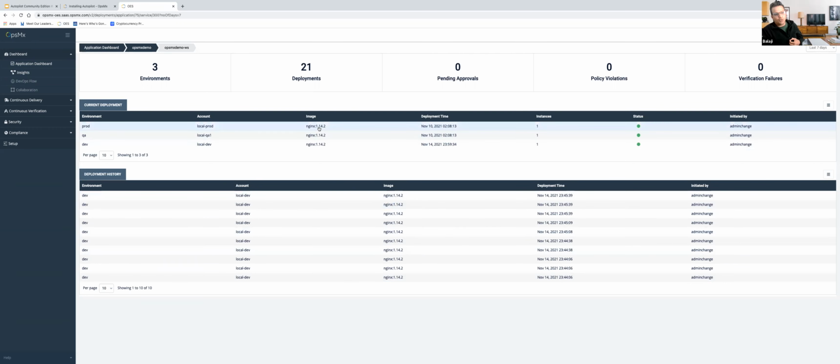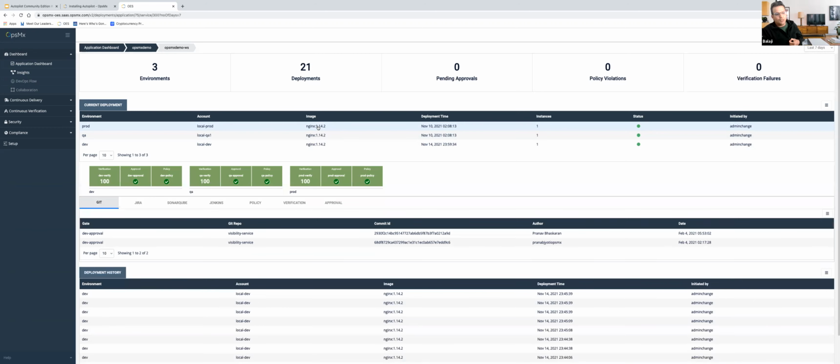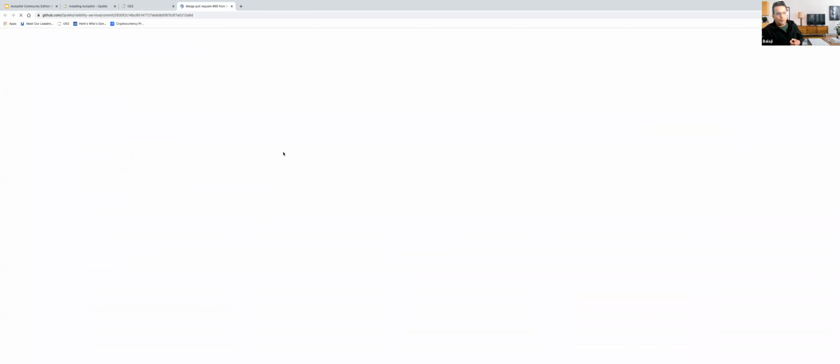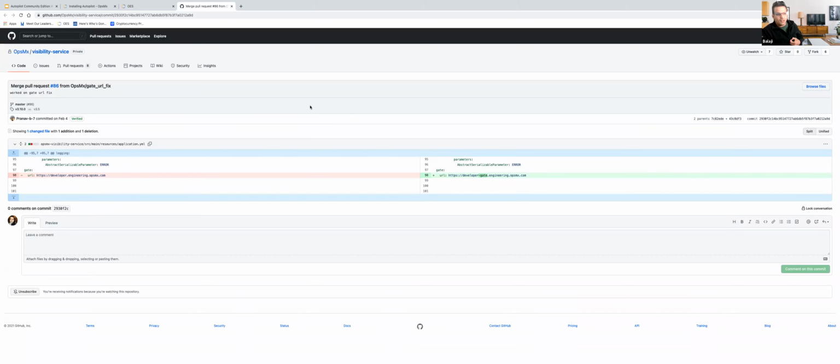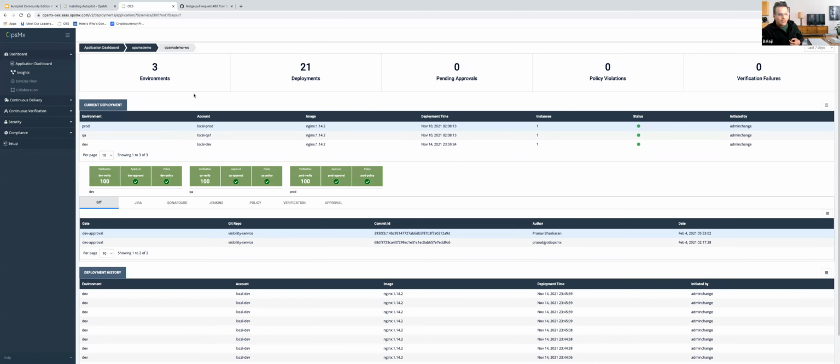And the other thing I want to show you is that not only do we show you that this deployment happened at this time and who approved it, etc., but you can also get into what was in the deployment, for example, what is that image, what was added, in terms of new things changed. For example, I can look at the code check-ins, what are the different things that were merged in this case. In this case, there's only a small update going on, but I can really look at the Git check-ins that went in as part of this particular